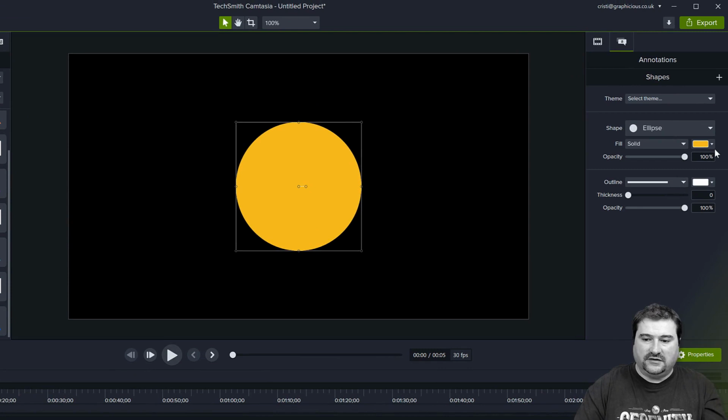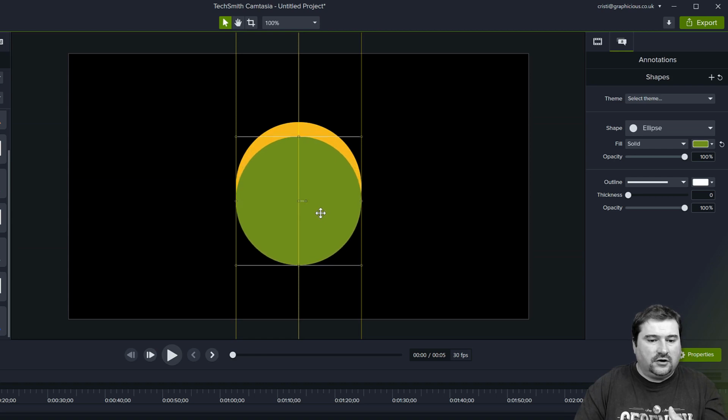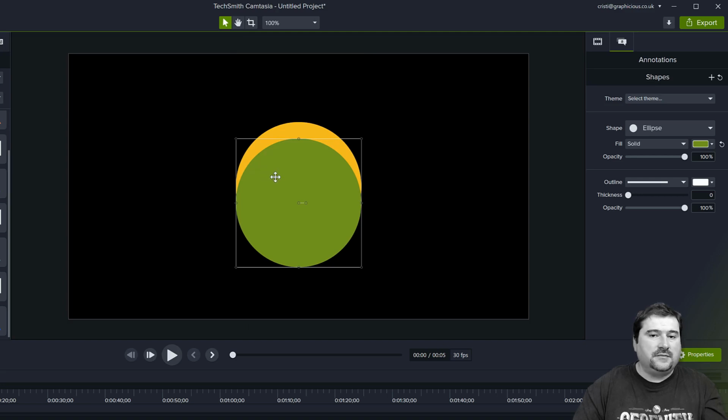I have a copy of it. Let's make the copy green. And if you move it on one axis, you can also already see this kind of thing like the moon here. This might be the tail of my arrow.